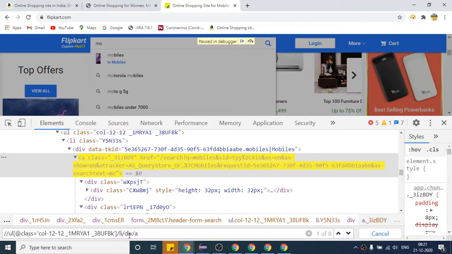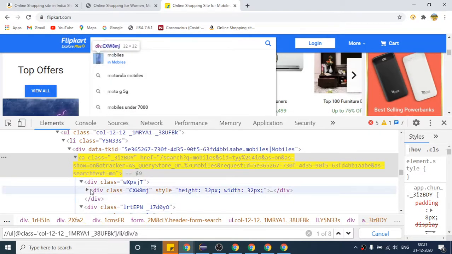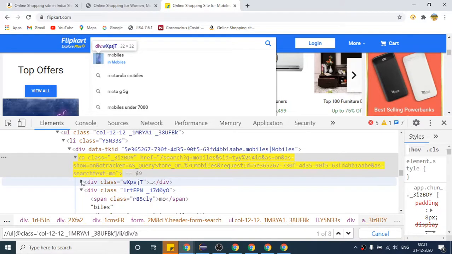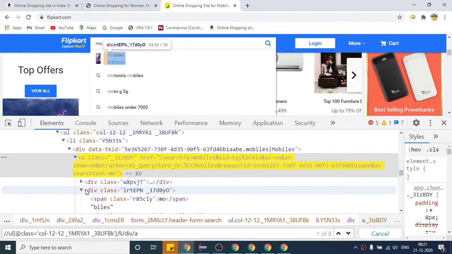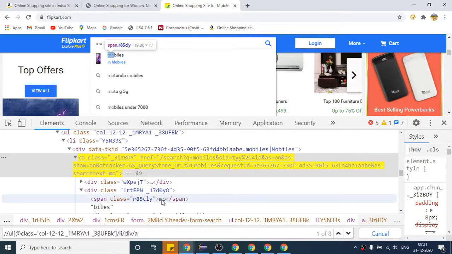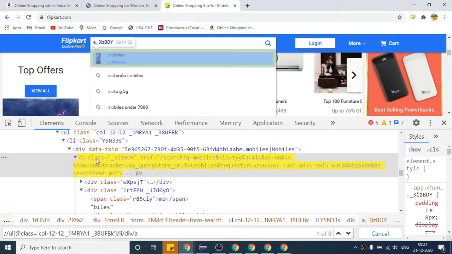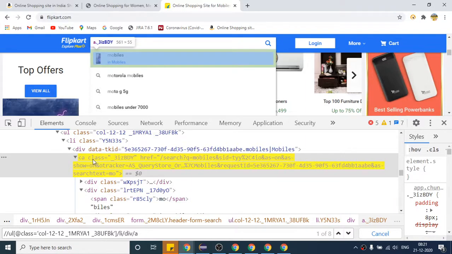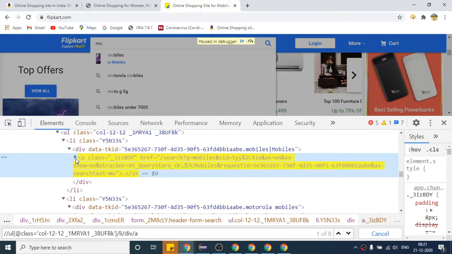So inside that you can see there are two children. First is this one that will have the image. Now second is this one. So as I want to get the text, this is the text I want to get, mobiles. So I have already told you that getText works in such a way that even if you write the XPath till here, it will work, right? So as of now you can say I have written the XPath till here, and if I minimize this,